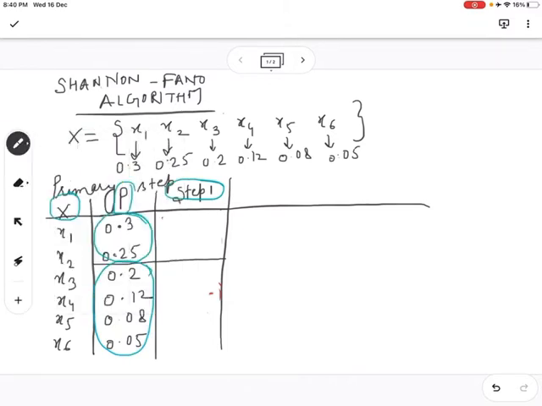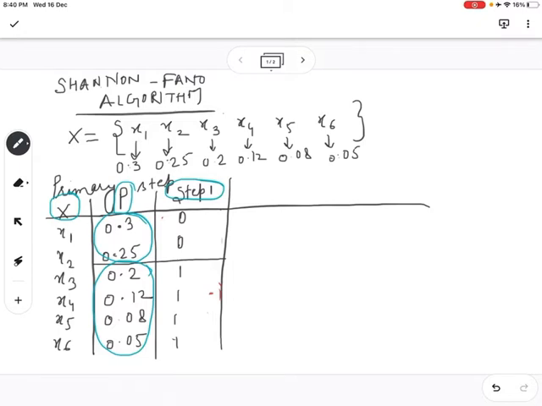Okay, so now we have 2 groups because we have only 2 bits. What we are doing is assigning some codes to these probabilities, as I said in the initial introduction. For code, if I talk about bits, there are only 2 bits, 0 or 1. So I can assign either 0 or 1 to these groups. You can assign 1 to this group or 0 to this group, or you can assign 0 to this group or 1 to this group. It is your choice, because this 0 or 1 doesn't matter.